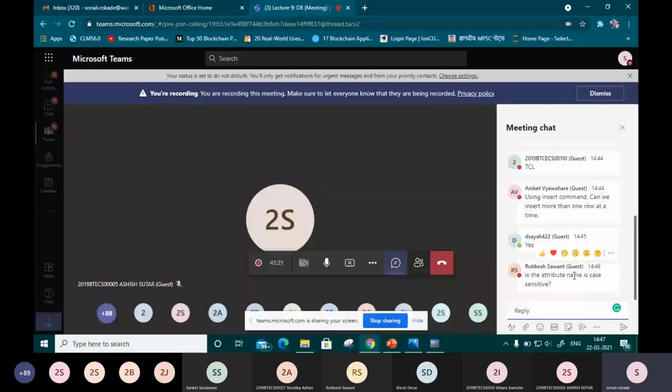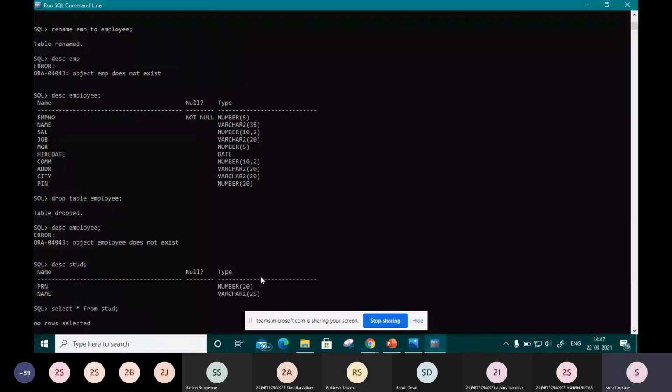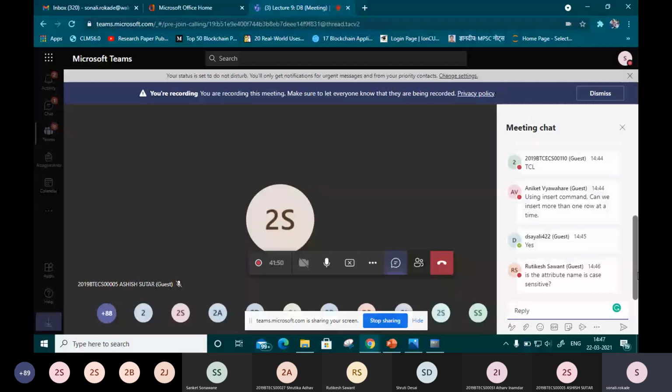When you work with Oracle, it is not case sensitive, you can type anything. Sometimes it happens that you write in double quotes or in single quotes, and that tells whether it is case sensitive or not.